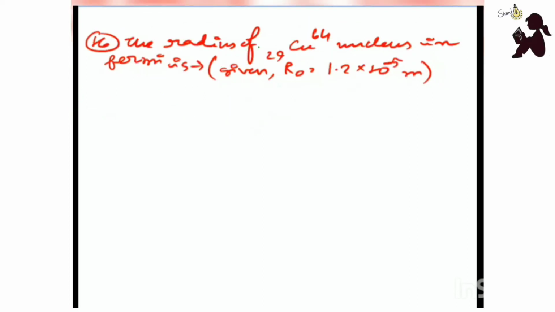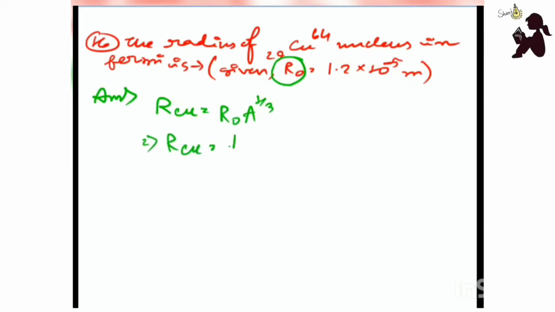So for the next question, they have given you the radius of Cu of the nucleus, or they want to know it, and they have given you some value of R naught. It is 1.2 into 10 to the power minus 5. Now we have a formula for this, that is RCu, or R can be any atom. If R naught is given, the formula is R naught into A to the power 1/3. We all know what is A. A is our mass number. So what will be the RCu's value if we put the given values here? That is 1.2 into 10 to the power minus 5 into 64 to the power 1/3. That is its cubic root.